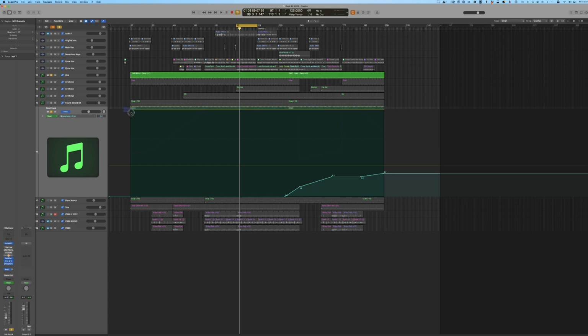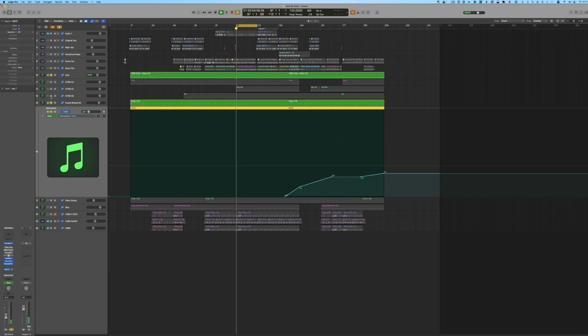If I nudge this bass part back by like a 16th or something, you'll hear the difference. It won't sound quite so sure of itself. So if I go to delay, this is something I use all the time, by the way, delay and velocity, transpose, just messing with your MIDI parts while they play. Anyway, if I delay this by, I'll play it first as it is normally. And I'm going to include my